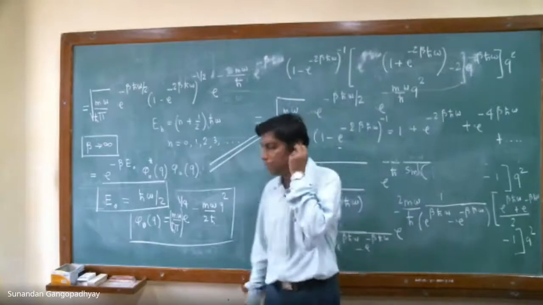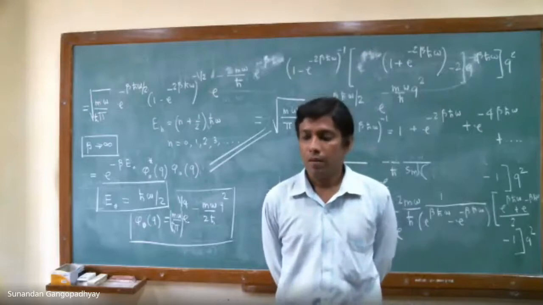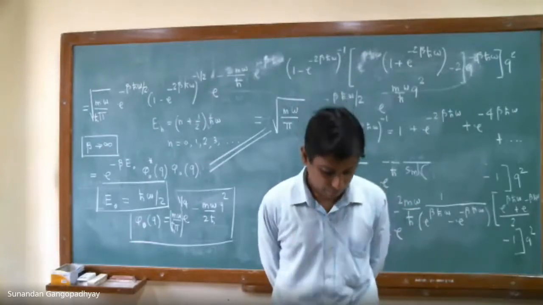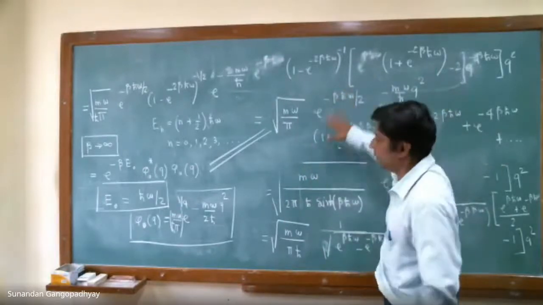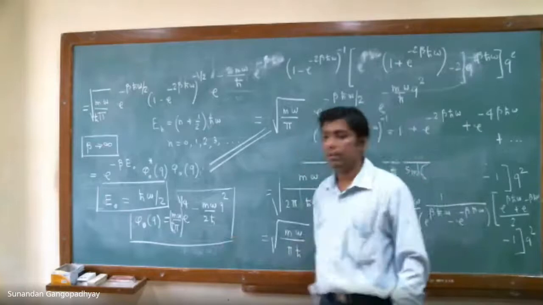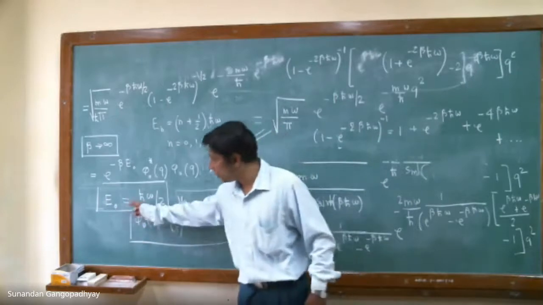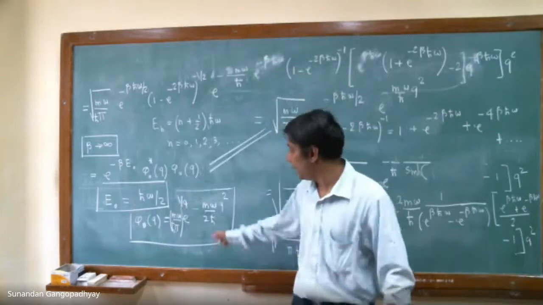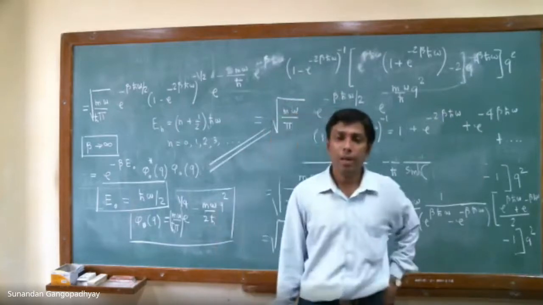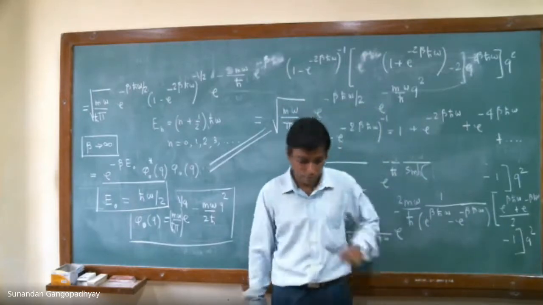Do you have any questions at this point? Is it clear? Okay. So just do this calculation once again and convince yourself that you indeed get these as the results. And also try to find out the energy eigenvalue of the first excited state and the first excited state energy eigenfunction. Can you find it out from the expression for the propagator? Also try this at home. So these are the two assignments that I give for you to do.